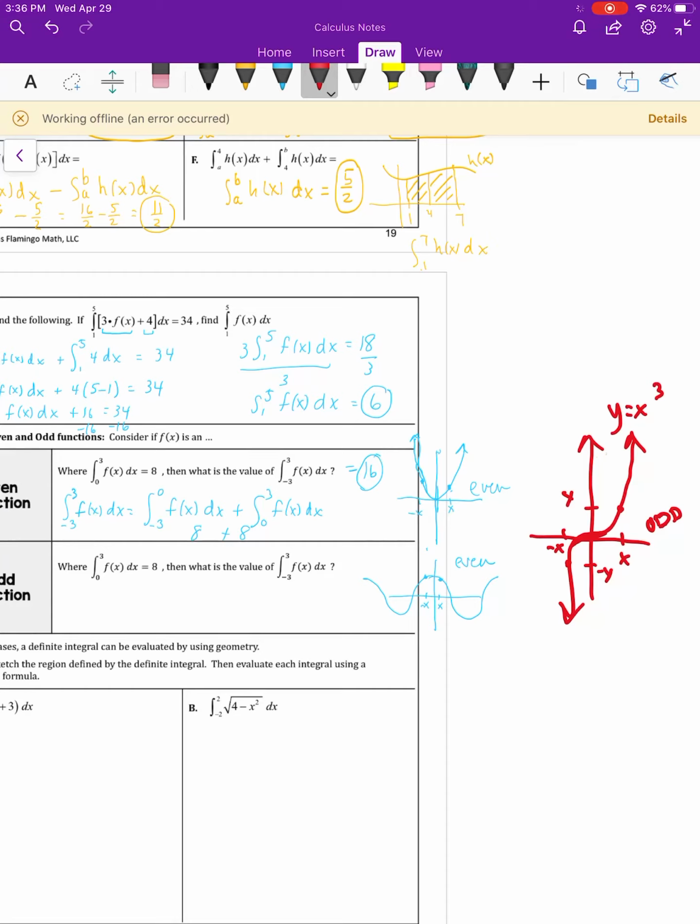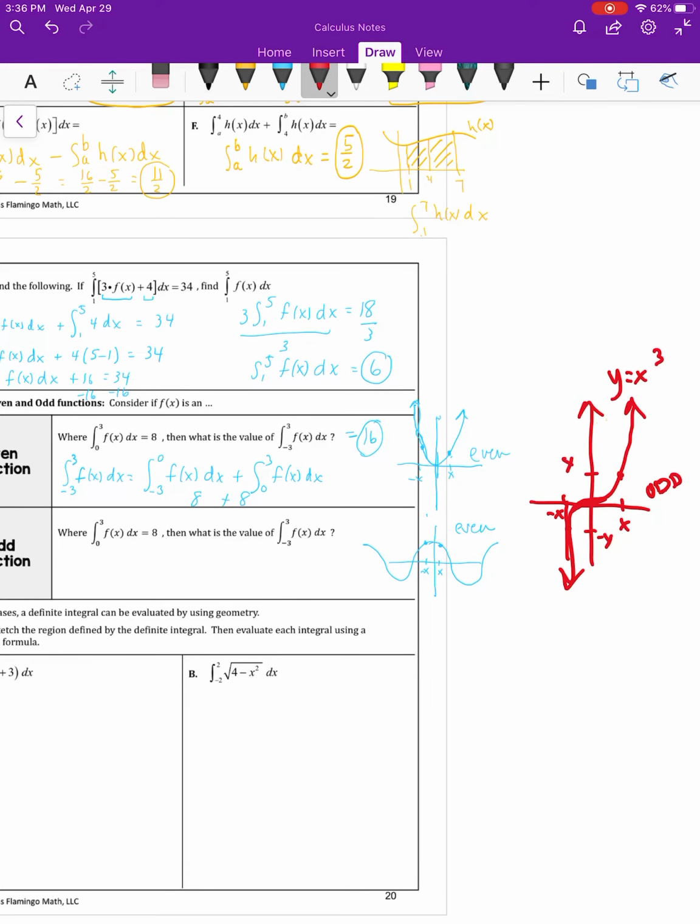So for that one, if the integral from 0 to 3 was 8, then what would the value of negative 3 to 3 be? Well, for that one, it would be the exact negative. So if I had this area here, this area over here would be the exact negative of it. So if this was plus 8, this would be negative 8. So if I went and integrated the whole thing, I'd have 0, right? So this one's going to be 0